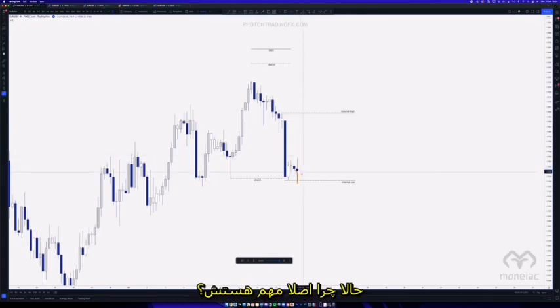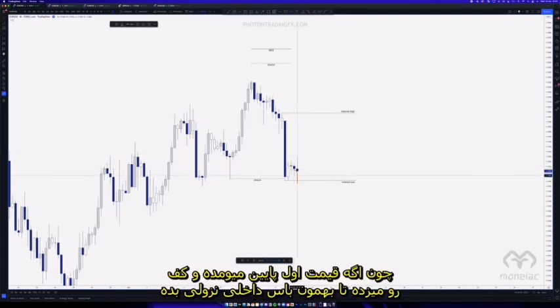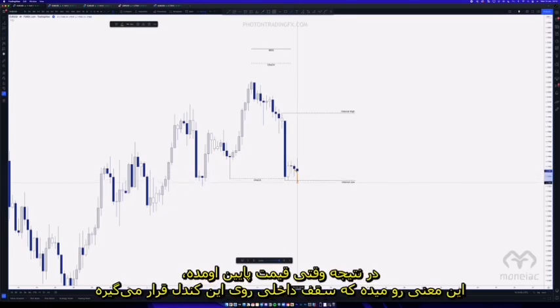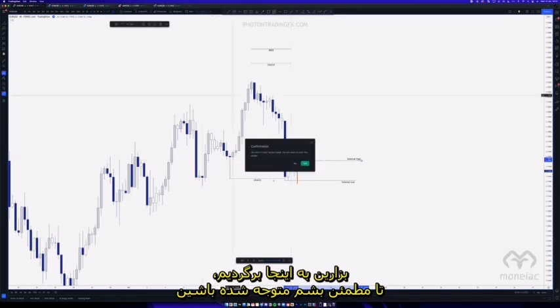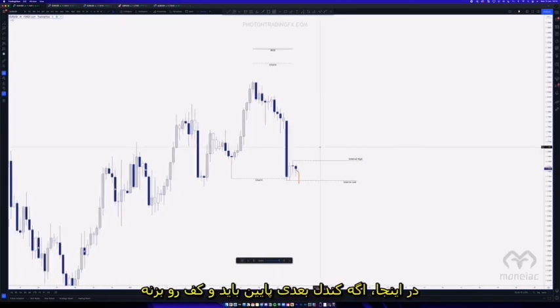Now, the reason why that's important is because if price first came down and took out the low to give us that bearish IBOS, at that point, when price is down here, that would then mean that the internal high would now be on this candle. So to make sure you understand that, we need to go back to here. So at this point here,